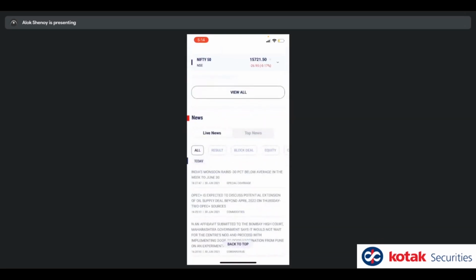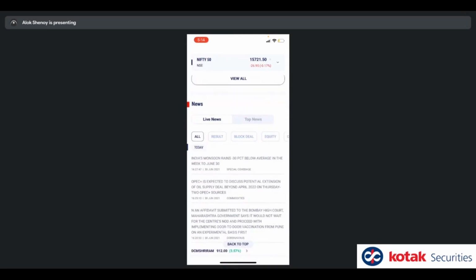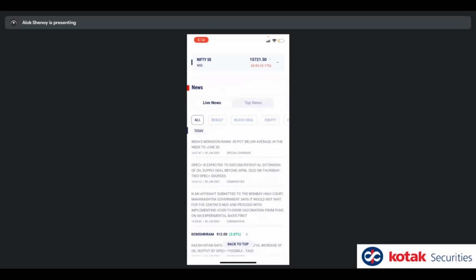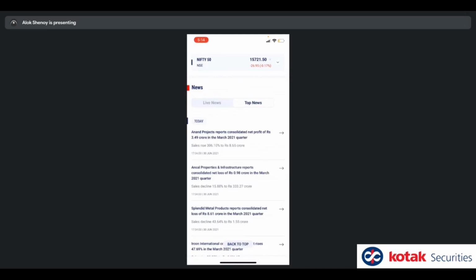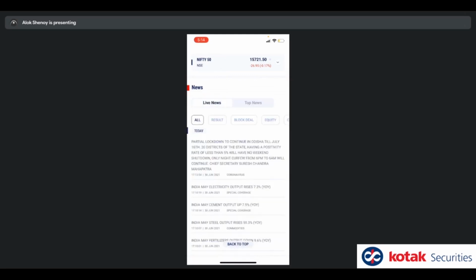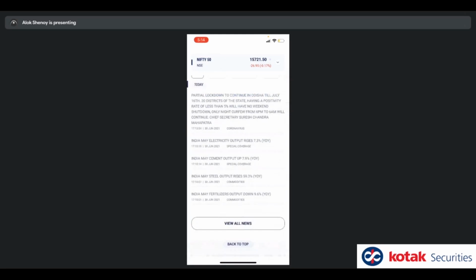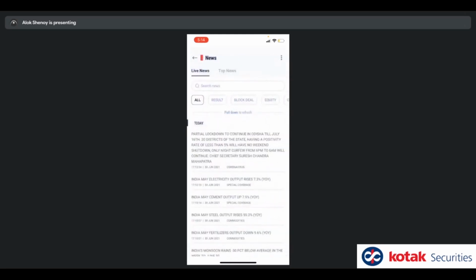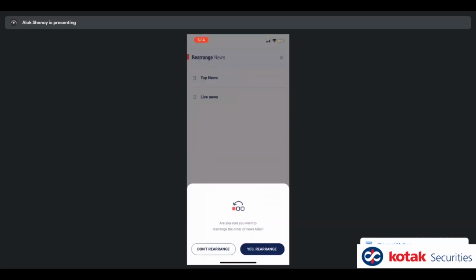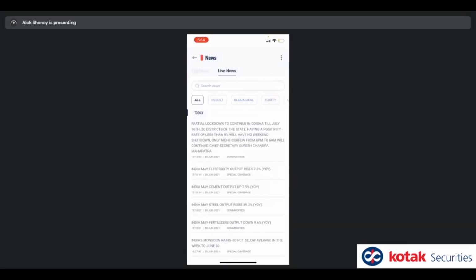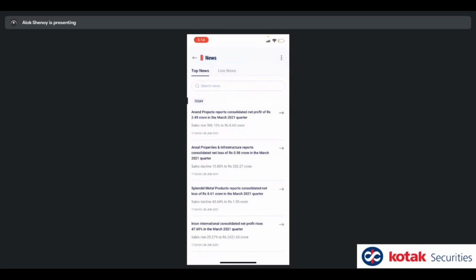Coming to news again, this news is not index specific, this is the entire news. This is just the news in the market. This is the live news, okay? You have the top news as well. What we saw earlier was stock specific. This is the entire market, okay? You can click on view all news and we let you see the full news. And you can also look at news by a particular section. If you are a news junkie, you might want to read more news, then you can just switch to top news as your default and you can start reading more elaborate news.